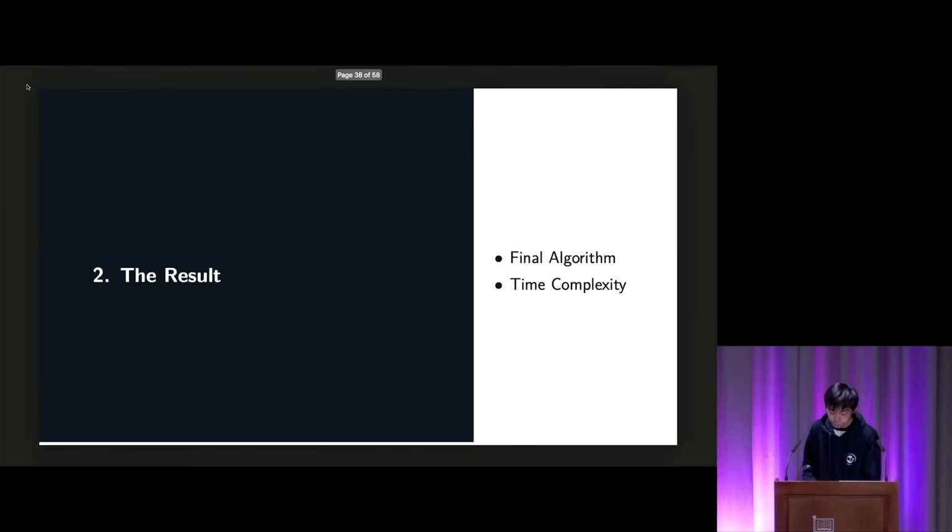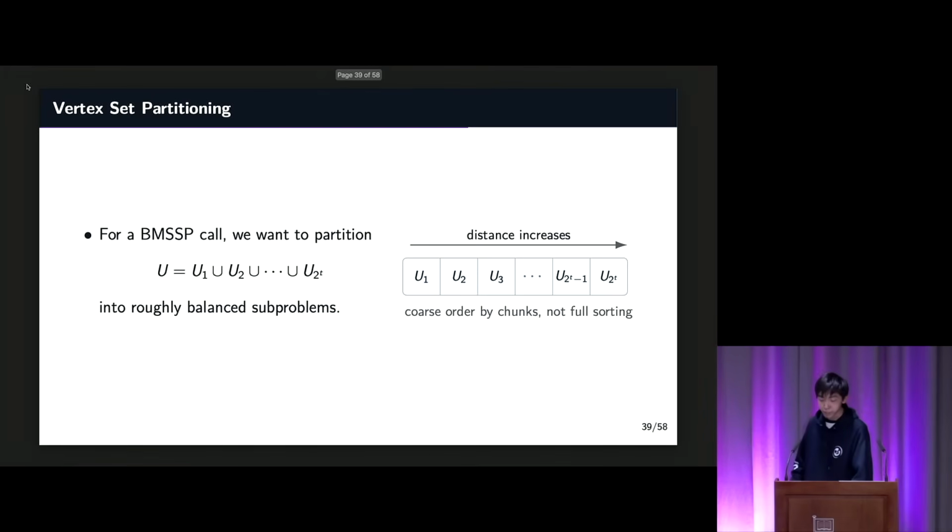So far, what have we got? We got BMSSP, and we also got the divide and conquer strategy. We got a partial sorting heap, and then we got pivot finding for doing heap operations on fewer vertices. And now let's put all of these ideas together. We've mentioned divide and conquer. More specifically, for each BMSSP call, we want to partition our problem into 2 to the power t roughly balanced subproblems, where we solve subproblem 1, then subproblem 2, and so on. Earlier subproblems are for vertices with smaller estimated distances at that time, but we do not need a total ordering of these vertices.